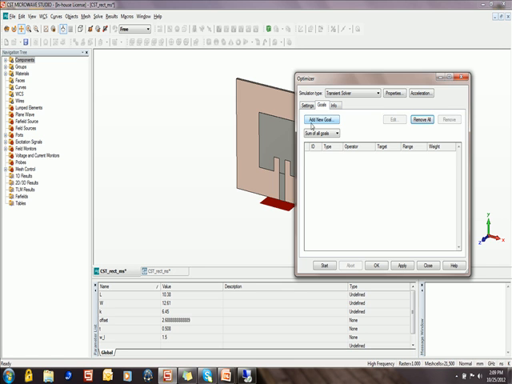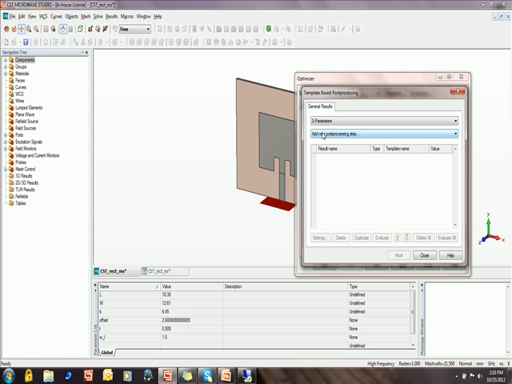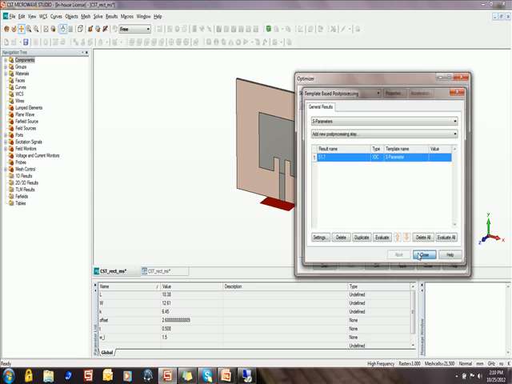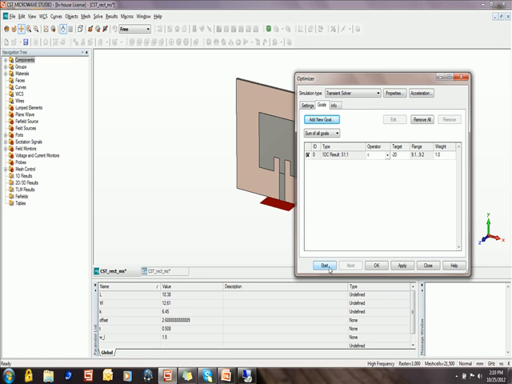So for this, just click Add New Goal, select S parameters, and in the second tab also select S parameter, click OK and close this window. Now a new goal window is open. So in this goal window, select S11, select type, and then the condition is to be less than -20 dB from 9.1 GHz to 9.2 GHz. Click OK and then press start.